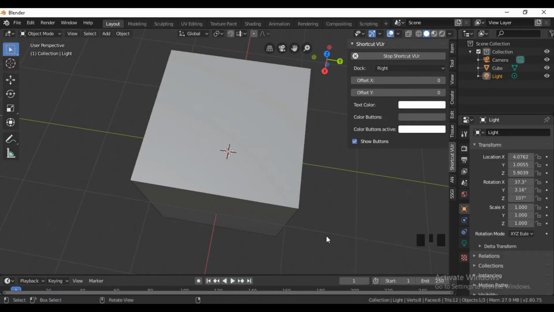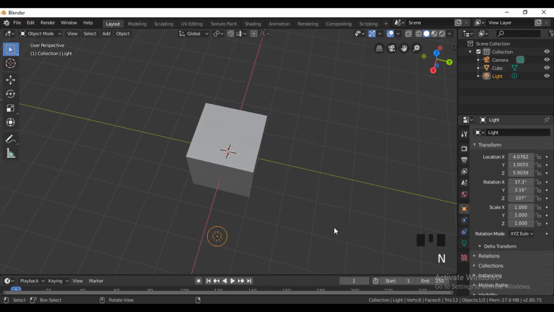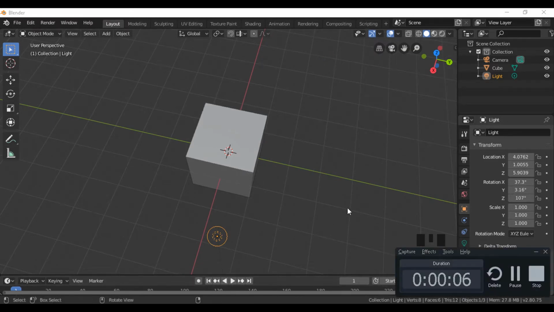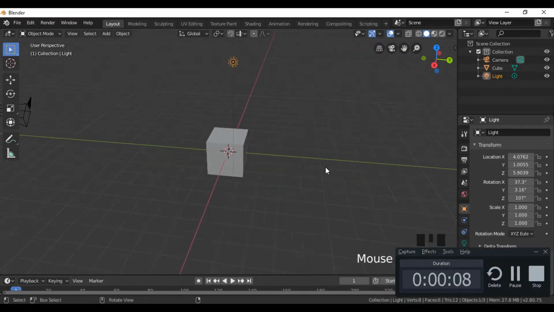Hey there everyone. Let's create procedural clouds in Blender. Open Blender. Scale the cube and